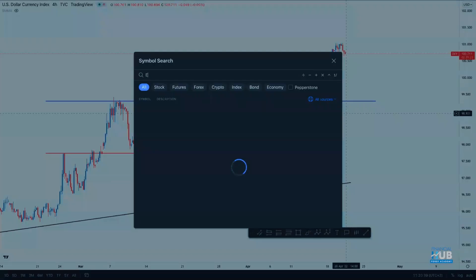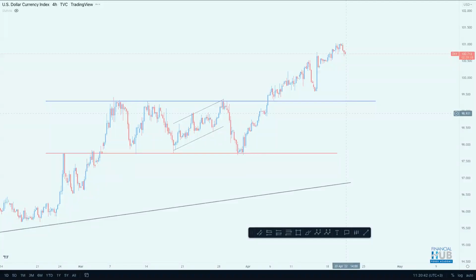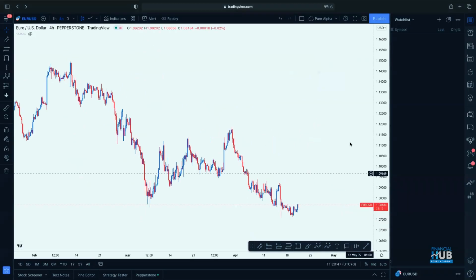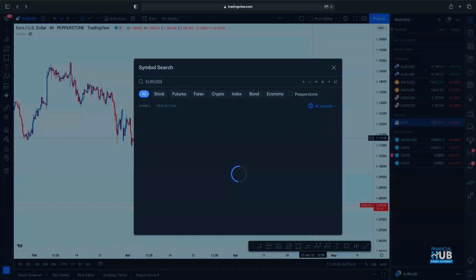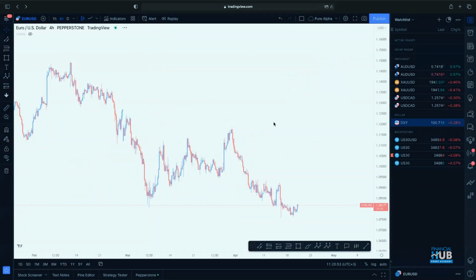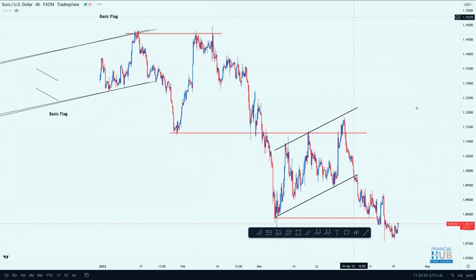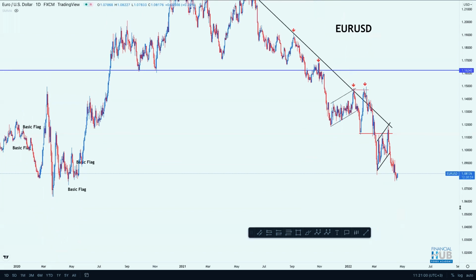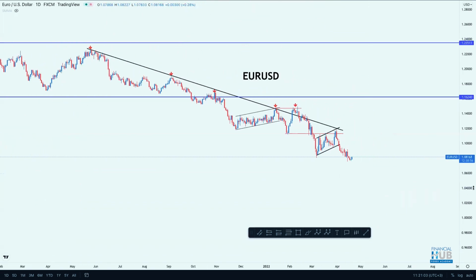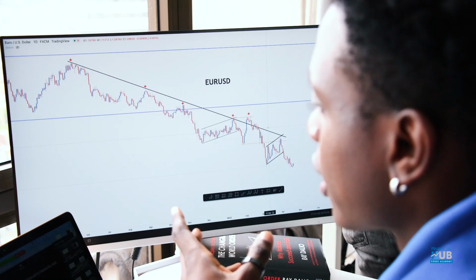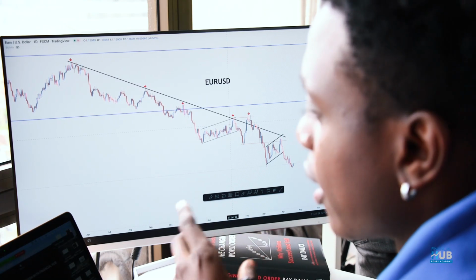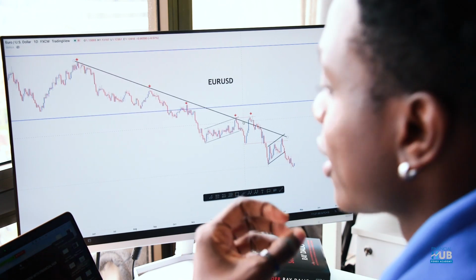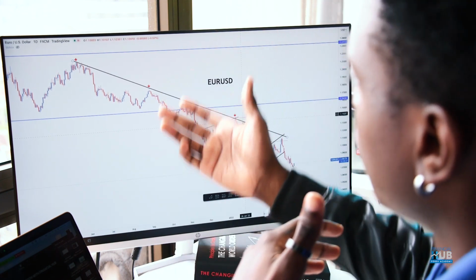The opposite pair of this one, now if you go to Euro USD, FXCM. Here we go. So you can see also this one, if you go to the daily chart, market has been going with that good also trend to the downside, respecting the formation of lower lows and lower highs. Okay, and remember, when you're trading in the direction of the trend, you want to be trading in that direction until the trend changes. Okay, so you can see market has been forming lower lows and lower highs on Euro USD, respecting the formation of dollar index, which has been moving to the upside.